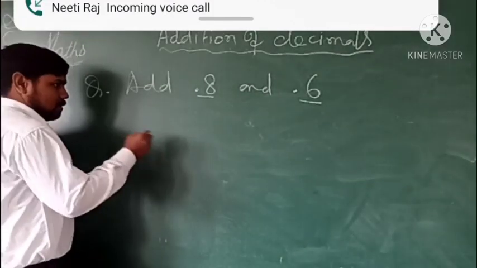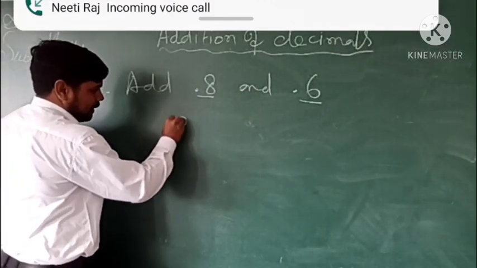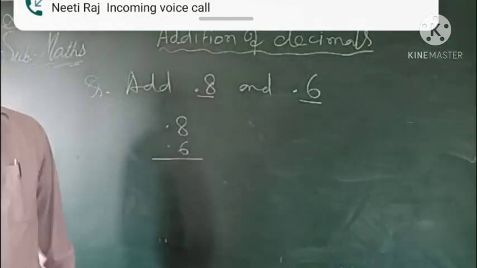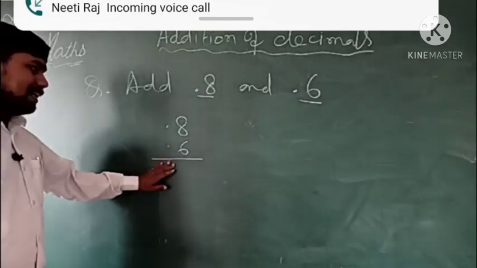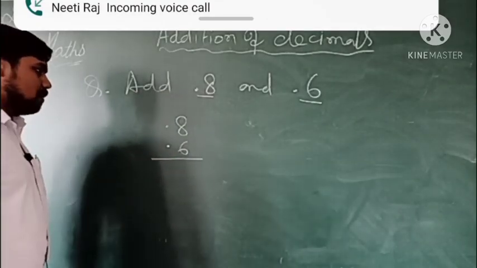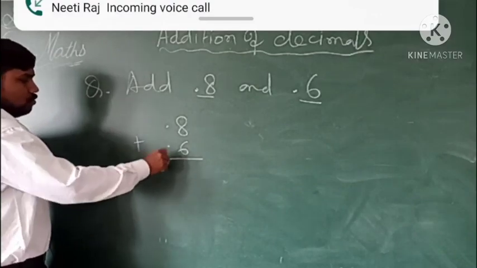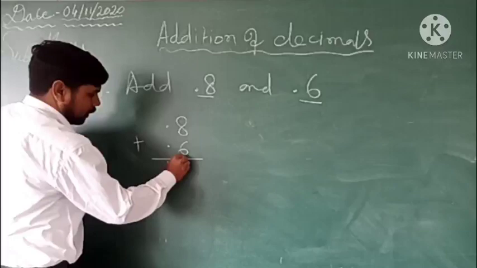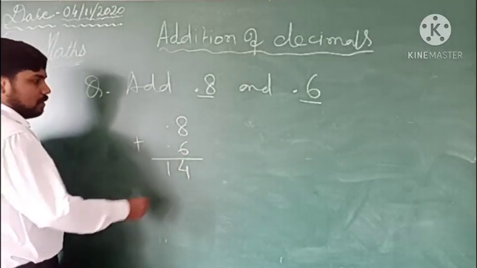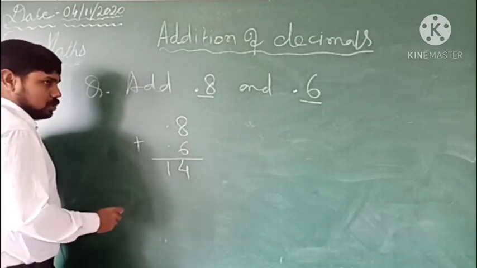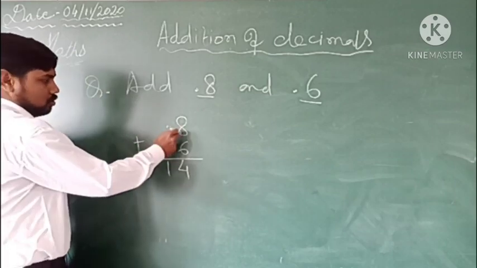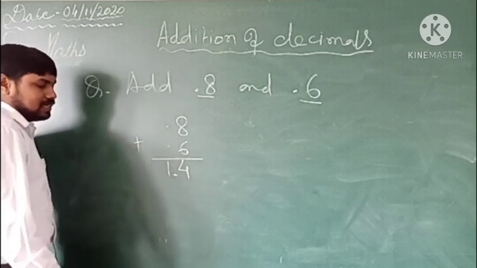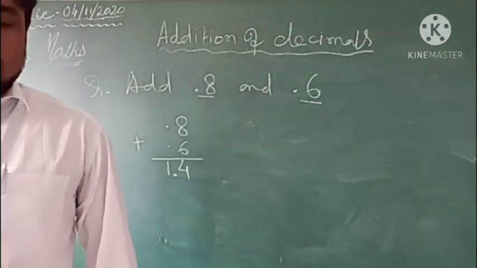So decimal 14, but here you have to keep in mind the process. If you add this, decimal 8 is here and decimal 6 is here, so before 1 digit decimal is here. So if you write decimal 14, it will be wrong. Why will decimal 14 be wrong? If you add these two, 6 plus 8 is equal to 14. So the sum is 14, but in both the numbers we are adding, we have 1 digit after the decimal. So we will put the decimal before 1 digit. That means 1 decimal 4 will be the correct answer, right?